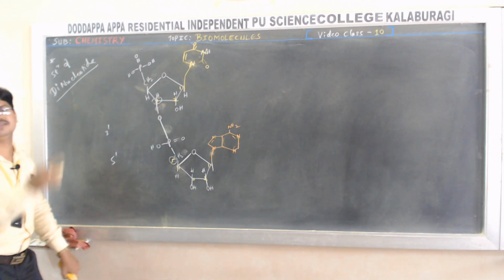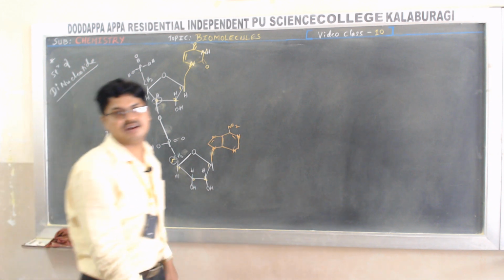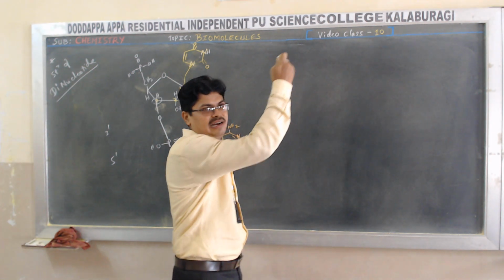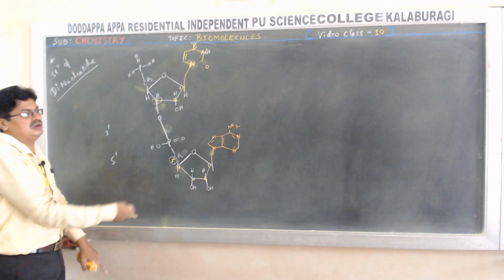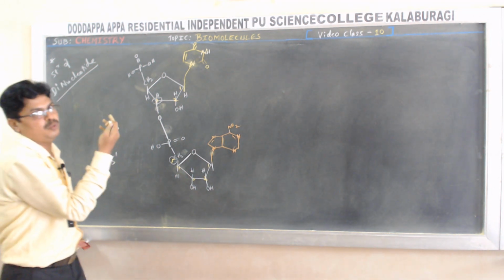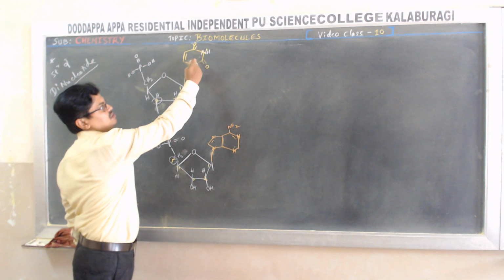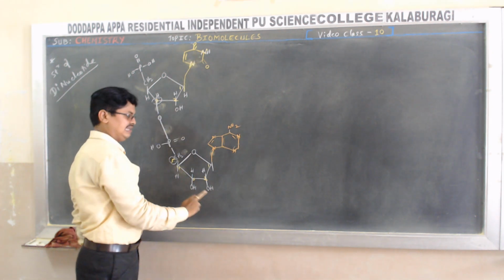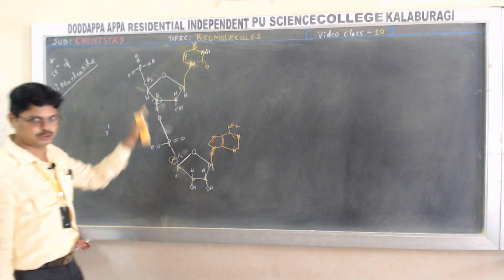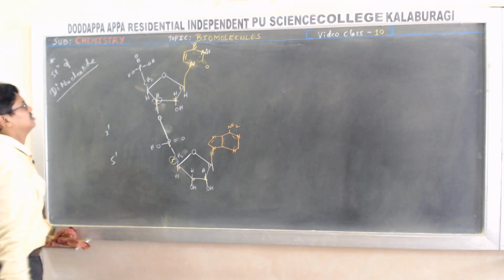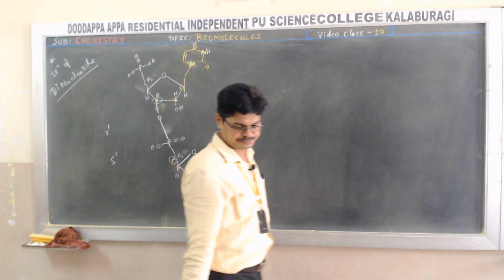So that's how we write the structure of DNA, 3 dash, 5 dash, 5 dash to 3 dash, isn't it? But in the case of RNA, it contains uracil, and here you can see the presence of an OH group on the second carbon. This is ribose sugar. So this is the structure of a dinucleotide.